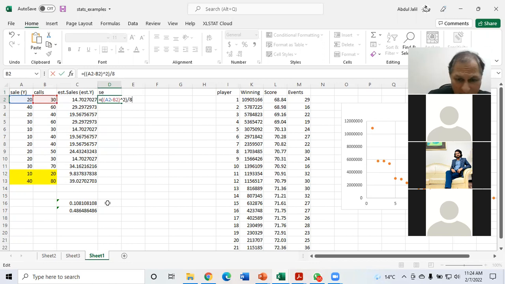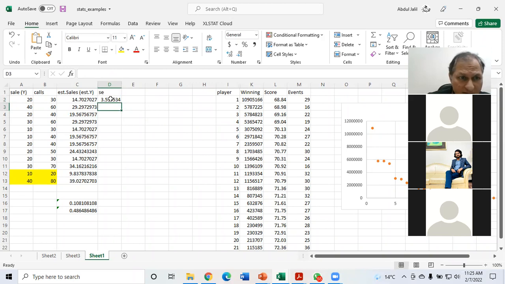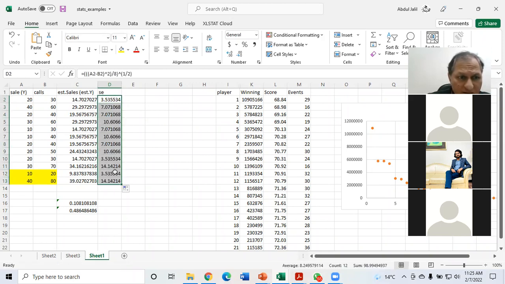And then you have to take the square root of this whole thing, power 1 by 2. All the brackets are there, this and this, and another bracket is required here. So now I think the number of brackets are filled. Okay, this and this, and so you will get the standard error of estimate, right? Now you have the standard estimate for all these values, right?